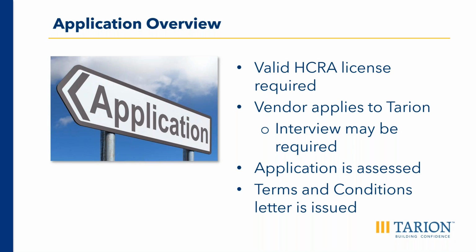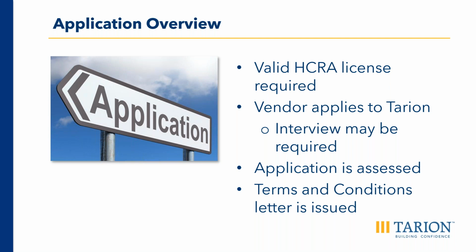As of February 1st, 2021, Tarion requires new vendor or builder agreements, as well as new guarantee and indemnity agreements, even if you were licensed previously. These documents have been modified to reflect Tarion's new role, and we always encourage individuals to review them with their lawyer prior to signing. On a case-by-case basis, we may require additional information to assess the application, and when we speak with you individually, we will get a better sense of what we may require.